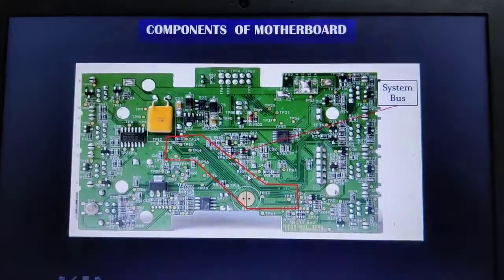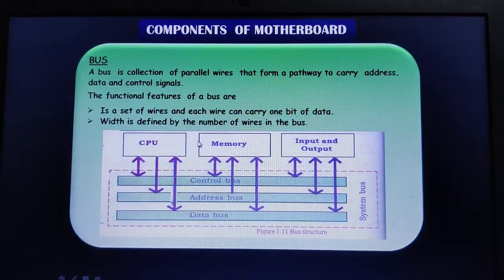So let us begin with the important topic, that is, the bus. As we know, the motherboard makes all the components present on it communicate with each other. So there must be some connectivity between the motherboard and all the components in order to make them communicate, isn't it? Therefore the motherboard usually makes use of a bus, which provides a pathway between the different components of a computer. So the bus serves as an interface or mediator between the processor and the various external devices.